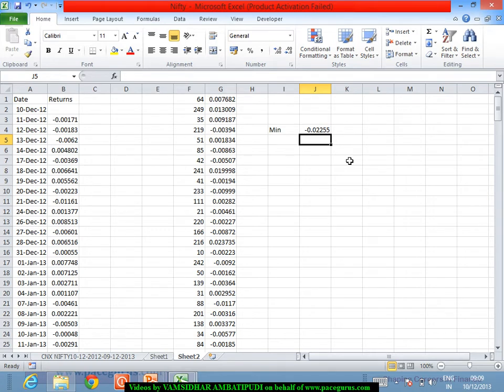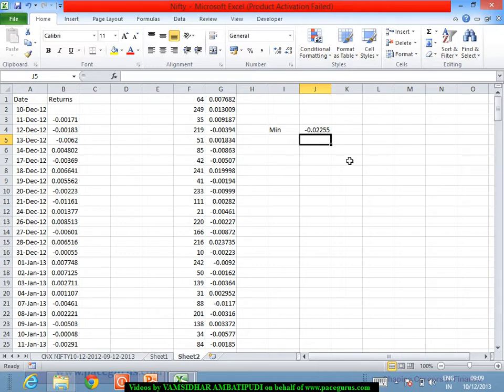So out of the 250 original data points, I have taken a sample size of 100. On a random basis I am pulling 100 values from the original data set, and I am trying to find the 1% daily VaR.